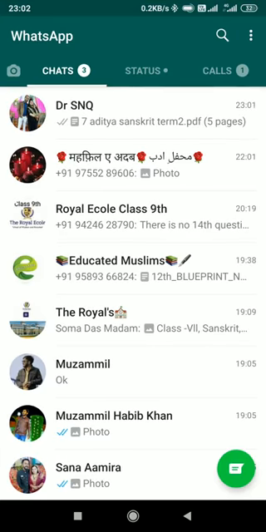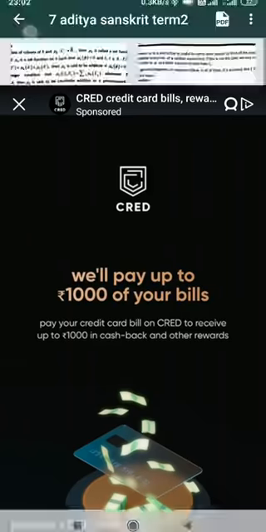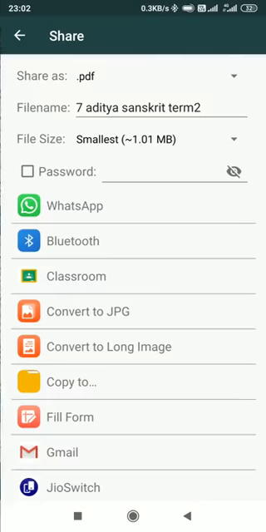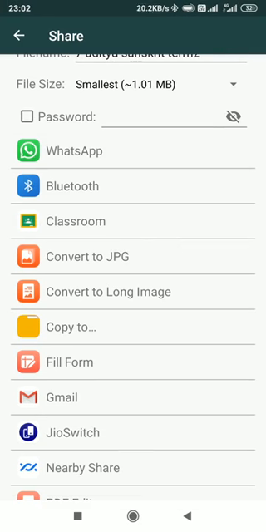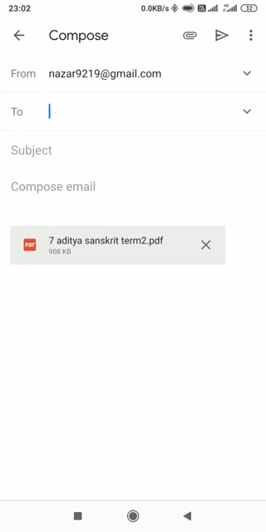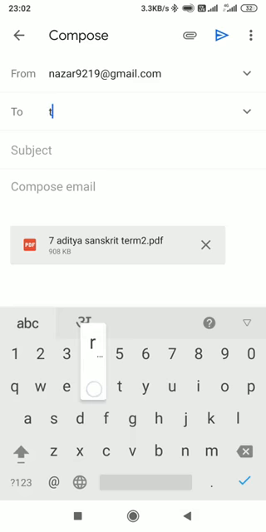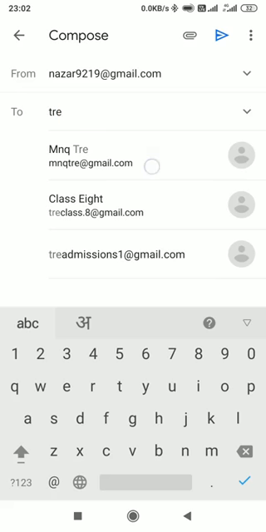Next, suppose for example I want to share it through the Google Classroom. The option is also highlighted over there, through the Google Classroom. And at the same time, if I want to send it to the Gmail, suppose I will give you a Gmail ID over there. So in that particular case, if you want to send it through Gmail, you can also attach it and send it. So for example, I click on Gmail over there, so automatically it will guide me. It will automatically select your mail ID over there. Then in the To field you will type the email address through which you want to send. Suppose for example this email address I am sending it.